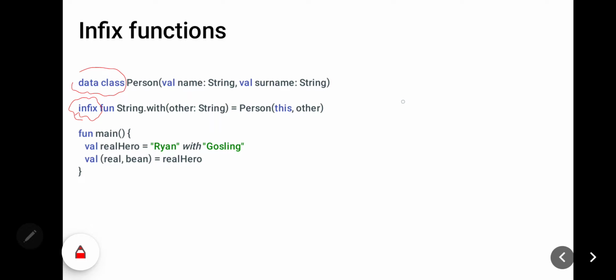For example, toString(), equals(), hashCode(), copy().